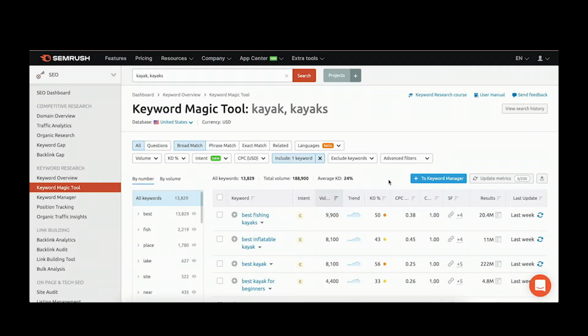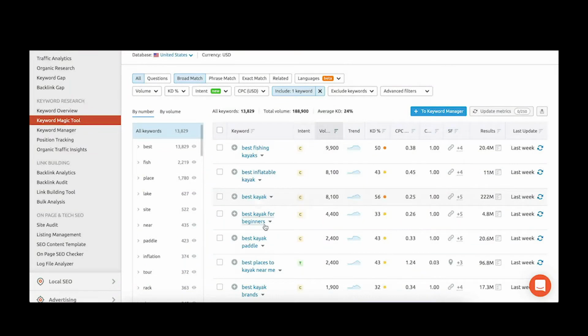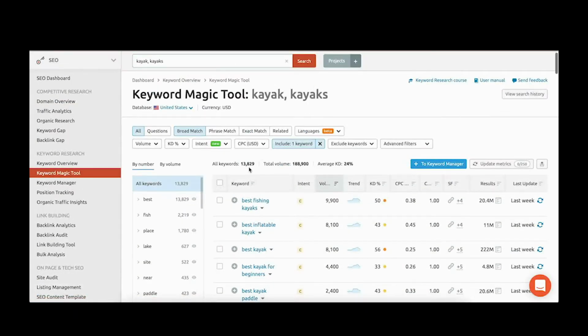Okay, and so what you can see here are all of the keywords with "best" in them, and no surprise, many of these are commercial oriented keywords, so best fishing kayaks, best inflatable kayaks, best kayaks for beginners, and so on. It's a great list, but it's still nearly 14,000 keywords long, which is huge and too big to analyze manually. You could certainly cluster this, and if you wanted to, you would need to export the file over here. However, I want to get this list a little bit smaller, and so what I'm going to do is